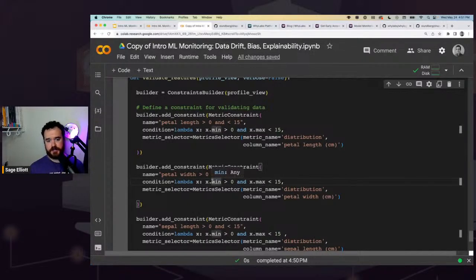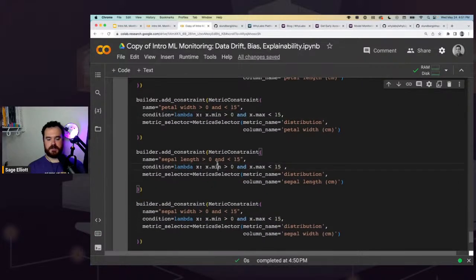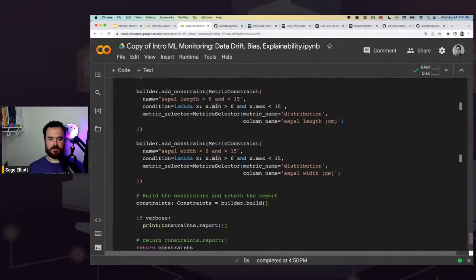And we're just saying, make sure that the minimum value is over 0 and make sure that the maximum value is under 15. So this would catch any of those profiles that we had where there was that one that was 33 that I think we could clearly mark was probably wrong, and we had some that had 0 values, and this would catch all of those. So if we run this and we create this function, it's doing that same value check for all of our columns.